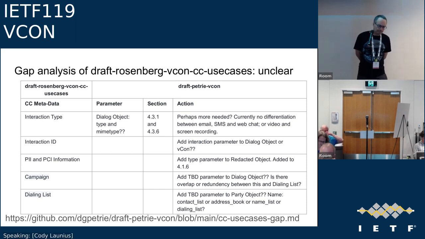We've effectively implemented the exact same fields that Jonathan Rosenberg did, but we're putting them over in the attachments because things like the campaign list, dialing list, and interaction type that the dialogue was sourced from are necessary for record keeping, but they don't have any bearing on the dialogue itself and the data that we generate from that.